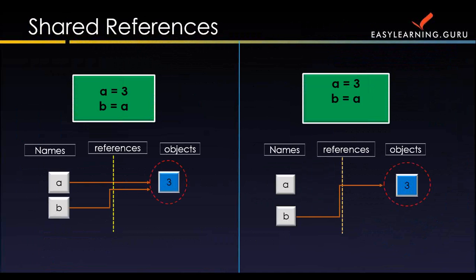Now let's add one more statement, that is A is equal to 'AB'. As with all Python assignments, this statement simply makes a new object to represent the string value over here, and sets A to reference this new object. It doesn't, however, change the value of B. B is still referencing the original object, that is your integer 3. So this is how we can explain shared references in Python. Next we'll talk about the